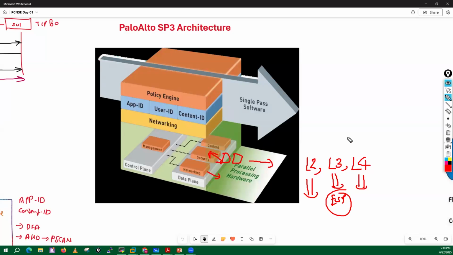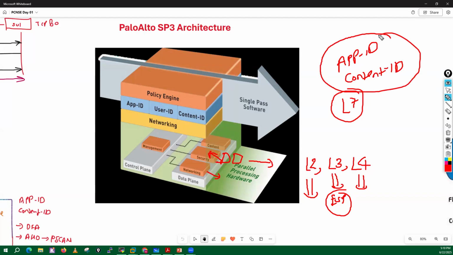Now you can ask one question: then who will handle your layer 7 tasks, which means your app ID, app identification and content ID? Because content identification tasks are layer 7 tasks. So this content engine, or signature match processor, is responsible for app ID and content ID related tasks.